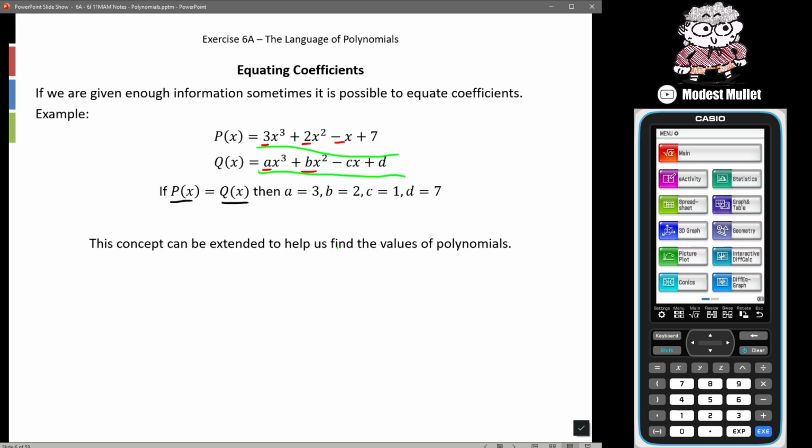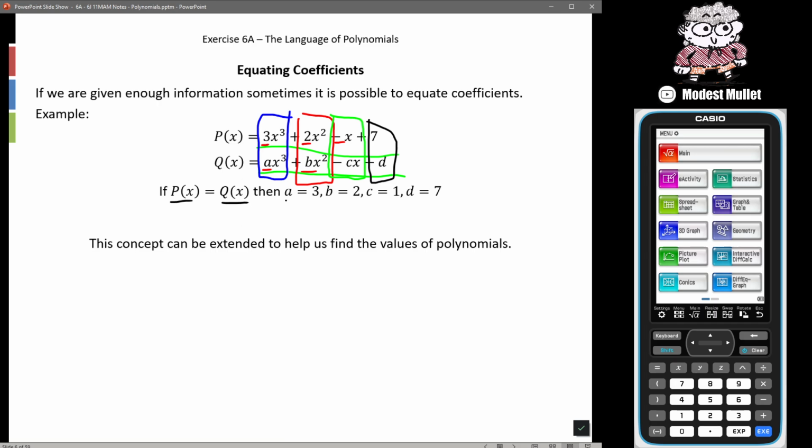And that means when we look at like terms, we clearly see those are the only two x cubed terms. Those are the only two x squared terms. These are the only linear terms, or x to the power of 1, and then these are the only constants. Okay, so therefore, if we're told P of x and Q of x are equal to each other, they must